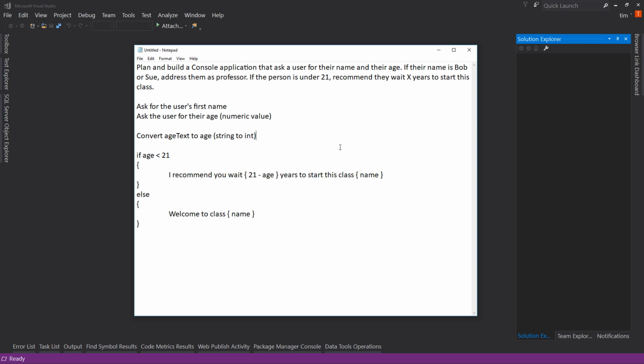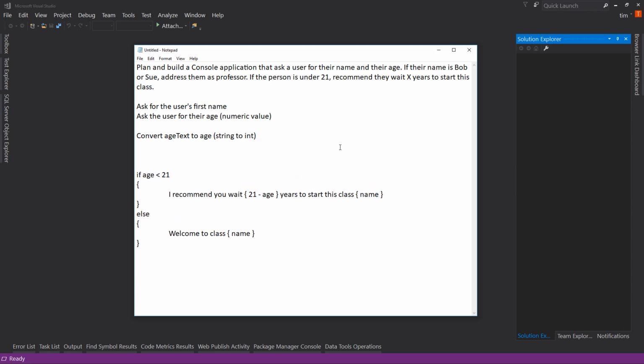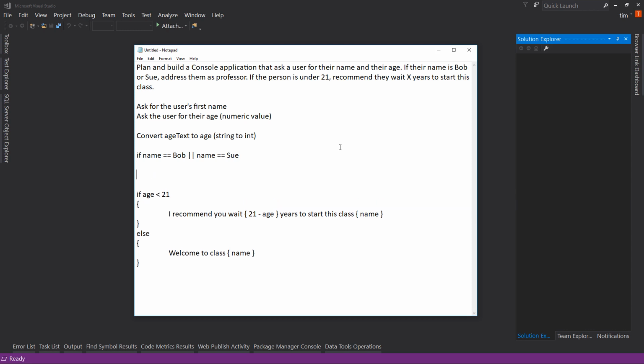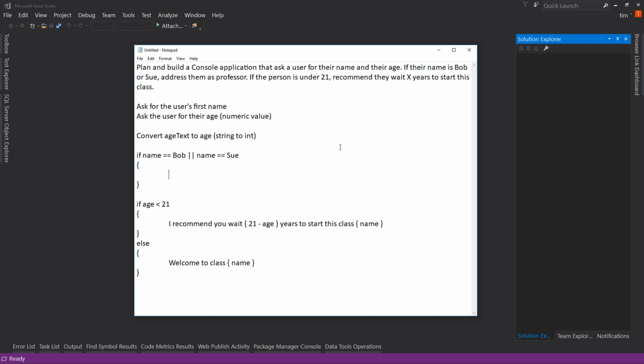Another way of doing it would be up here after we convert their age text, or before, doesn't really matter. We can have another if statement and say if name, or first name is going to be, equals Bob, or name equals Sue. Notice I'm not using quotes, and I'm not using parens and all the rest of the stuff that you normally would. Again, just pseudocode, just to give me the idea of what I want to do. So if the name is Bob or Sue, then I'm going to, let's put our curly braces here just so I can delimit,